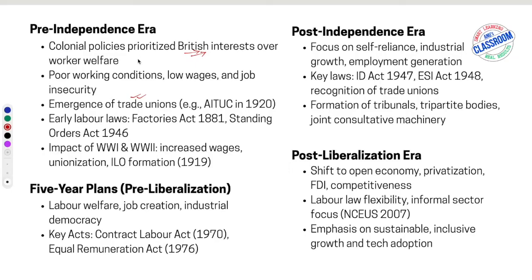In 1876, Dinshaw Acha formed the Indian Association. Then in 1920, the All India Trade Union Congress, AITUC, was born. That is India's first national level trade union body. And with this, workers began to raise their voices. And in response, the British introduced some laws like the Factories Act, the Industrial Employment Standing Orders Act, all those things. These were small steps towards regulating conditions. But the thing was, their enforcement was weak.